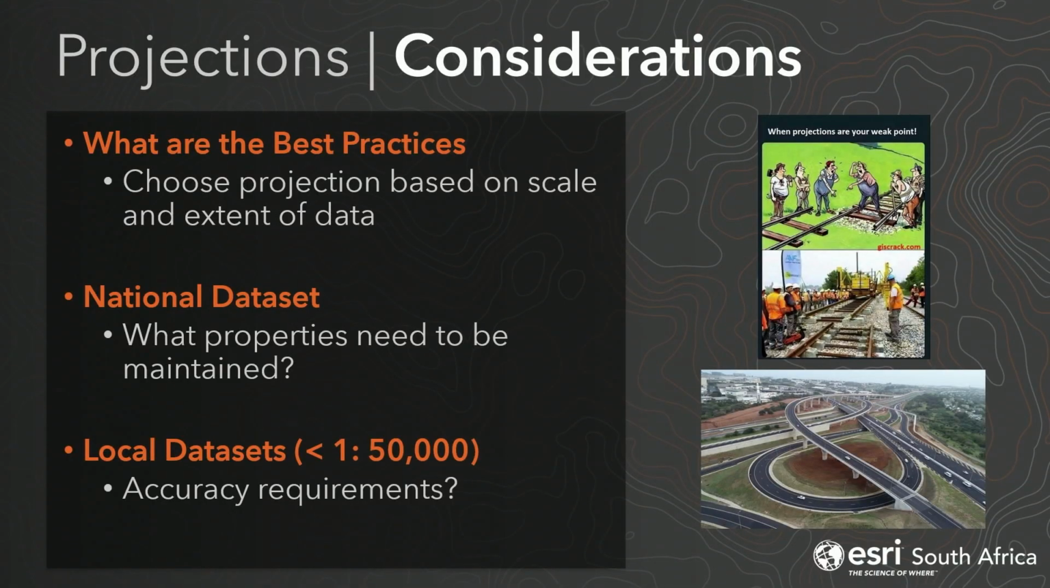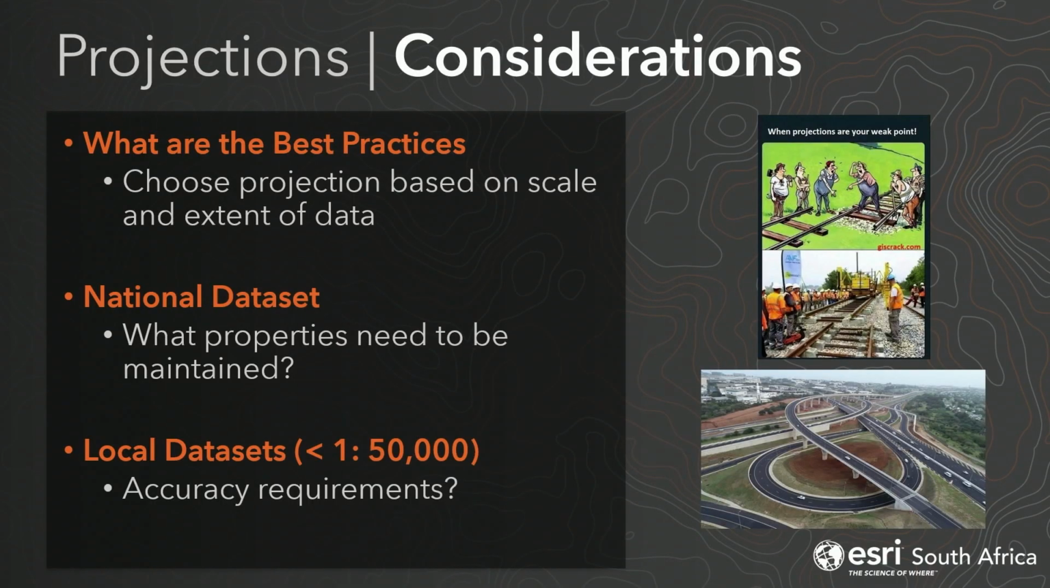So, when we look at the considerations of projections, it's questions like, what type of scale of data are you mapping? What's the extent of the data? Is it the whole of South Africa, or is it just Pretoria or Johannesburg? And what are you trying to maintain? Is it area? Is it distance? Is it shape? Is it scale? These are some of the considerations that need to be taken into account when one chooses a projection for a